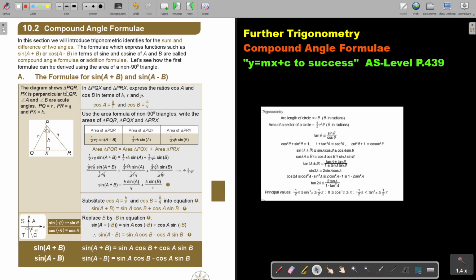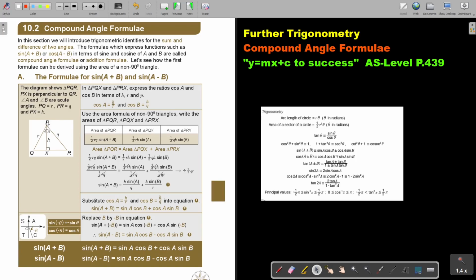The diagram shows triangle PQR. PX is perpendicular to QR. Angle A and angle B are acute angles. PQ is r, PR is q, and PX is h. I'm going to work with the big triangle, the small one on the left and the one on the right. So in triangles PQX and PRX,